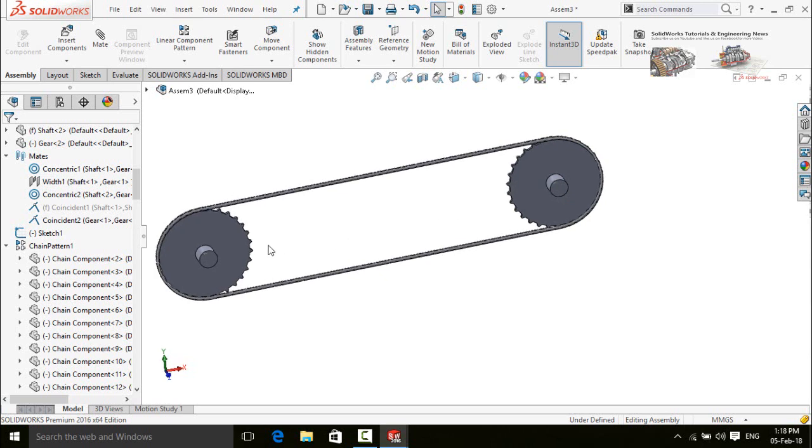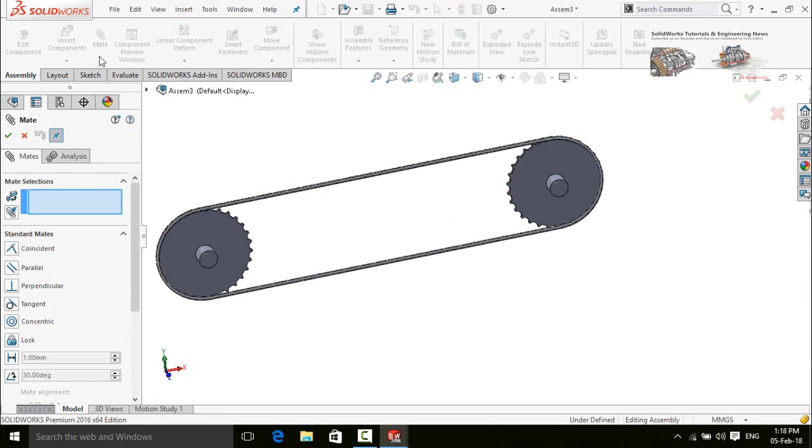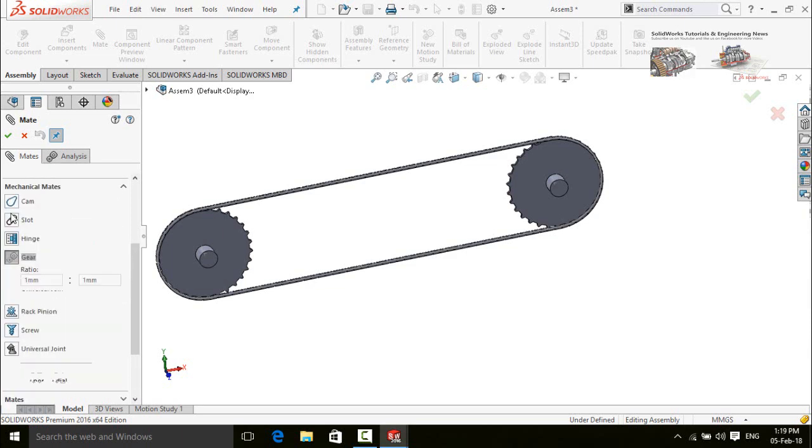So first of all we have to create the gear mate for both of these gears. For that click on mates command here and then scroll down, press this button mechanical mates. Now select this option gear.